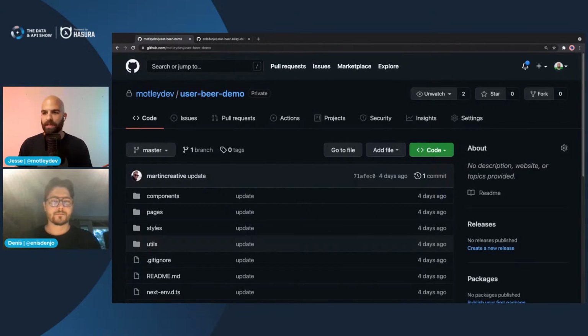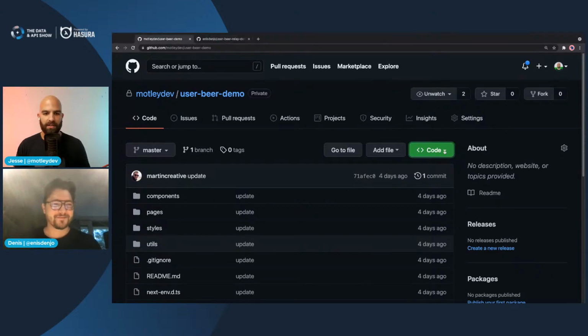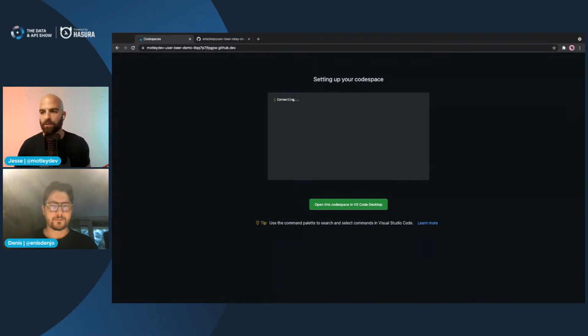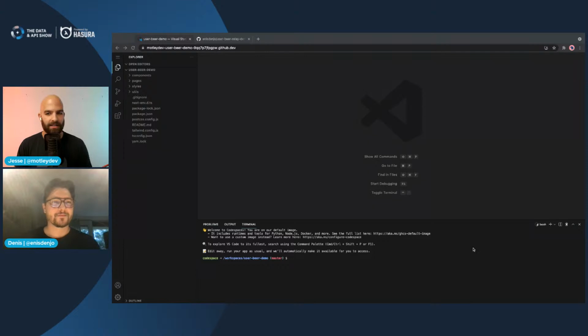This is a user beer demo, so you know that it's an authentic project that I put together because it has the word beer in it. But what we're going to do is just try and run this up inside of a code space and see if we can actually run this example locally. If not, then I'll have to switch to VS Code on my machine, but we'll try. All right, so